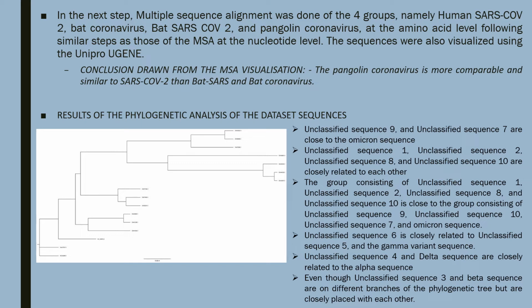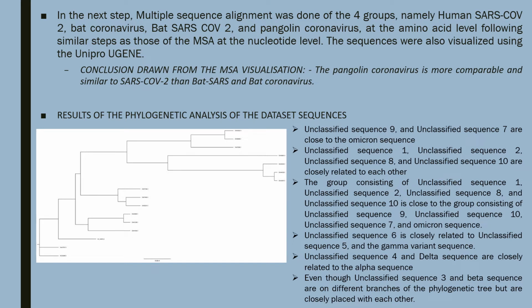Next are the results of the phylogenetic analysis of the dataset sequences. The dataset was obtained and compiled using the NCBI Virus database. The phylogenetic tree was obtained using the tBioInfo server phylogenetic analysis pipeline and was visualized using the FigTree software. The results that were concluded using the